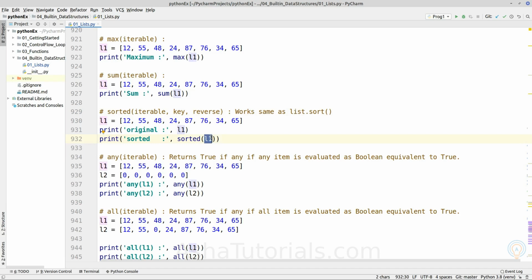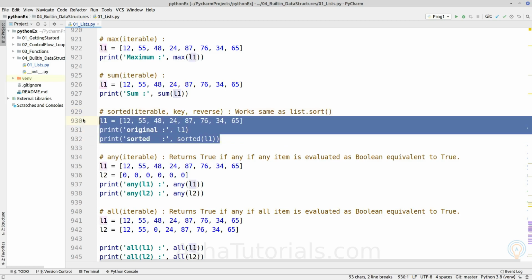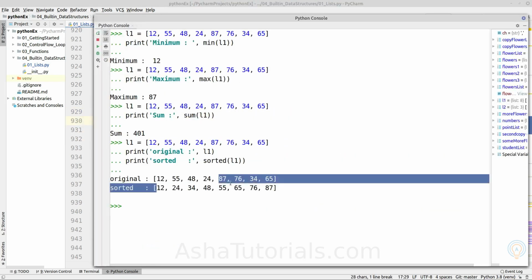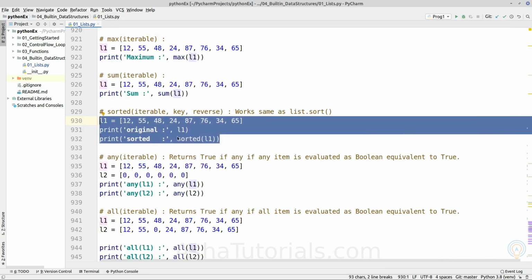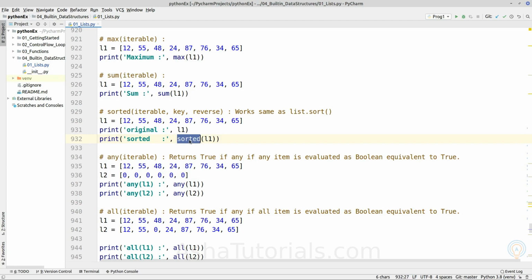So with this built-in function, we can sort any iterable instead of just sorting the list. The semantics of both parameters, key and reverse, remain the same as we saw for sort. So sorted will give the list in a sorted manner. This sorted function also works for other data types.